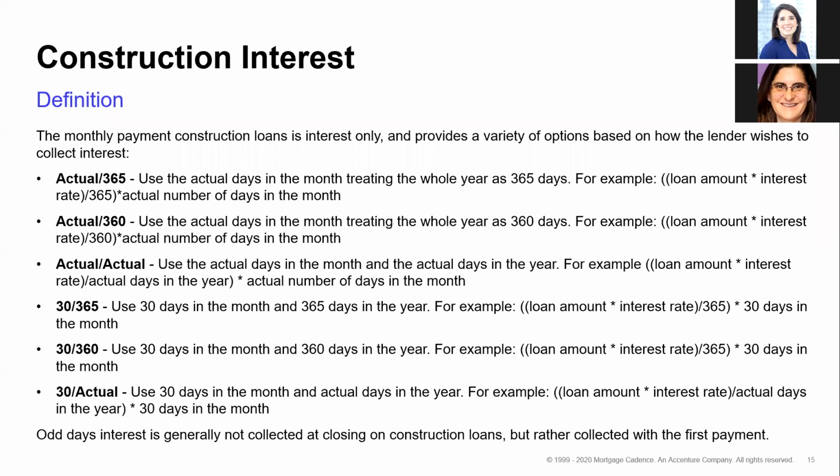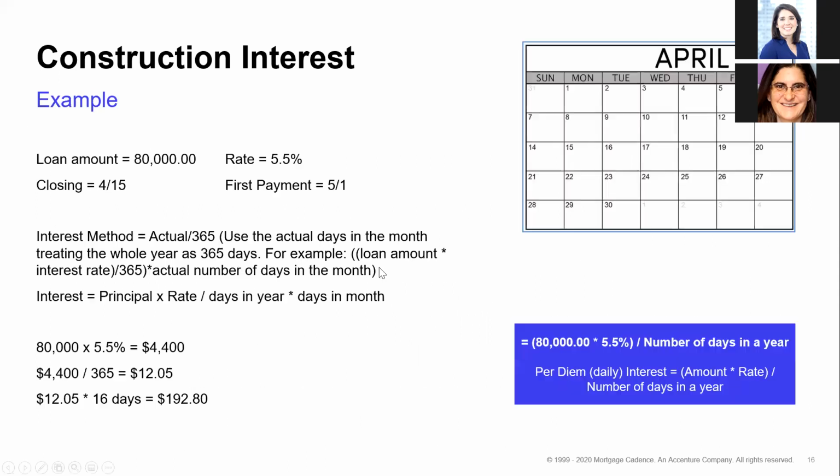I want to talk briefly about construction interest. Construction is very lender specific, right? You may have a lot of very specific policies, but it's basically the same concept that we just talked about. Construction is by definition interest only payments. You will make your payments based on how the lender has it set up, whether they want to collect on the amount outstanding, the total commitment. There's a lot of nuances. And that payment also can vary by the number of days of the month or the year. And you really have to watch your dates when you're hand calculating construction, boy.